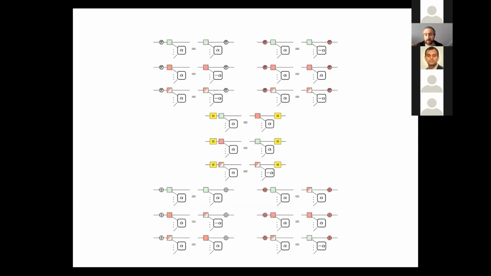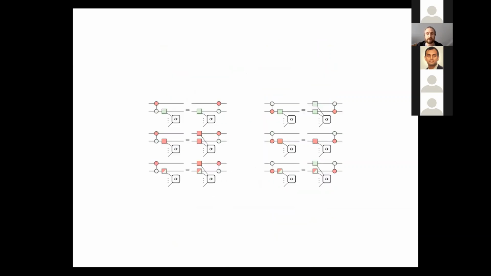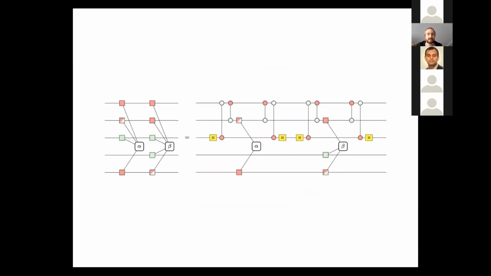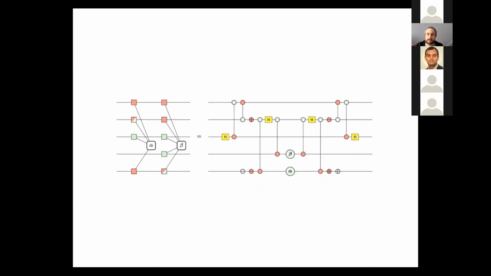There's a big rewrite theory of equations for these things. I will not go through the details, but the point is, if I have two gadgets which have the same Pauli element on each wire, so if you look at these ones, you can see that on the top wire and on the middle wire, the color of the boxes is the same. And when that happens, I know that they're operating in the same basis, and so I can actually simplify the circuit down to something which is smaller than you would get if you just did this naively.